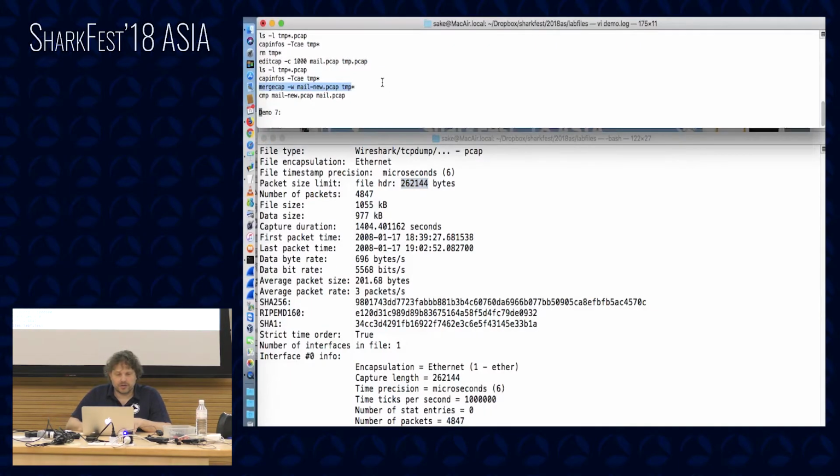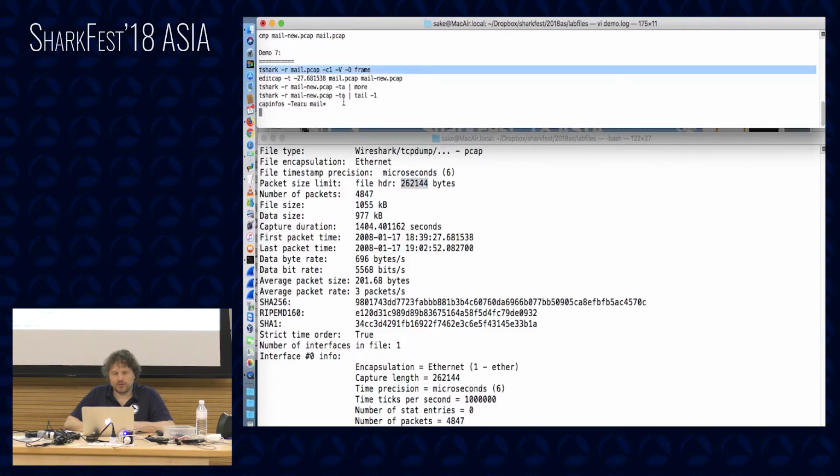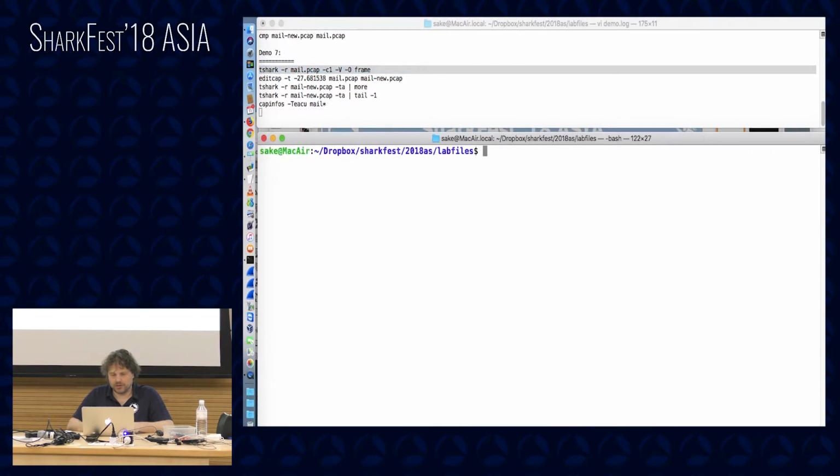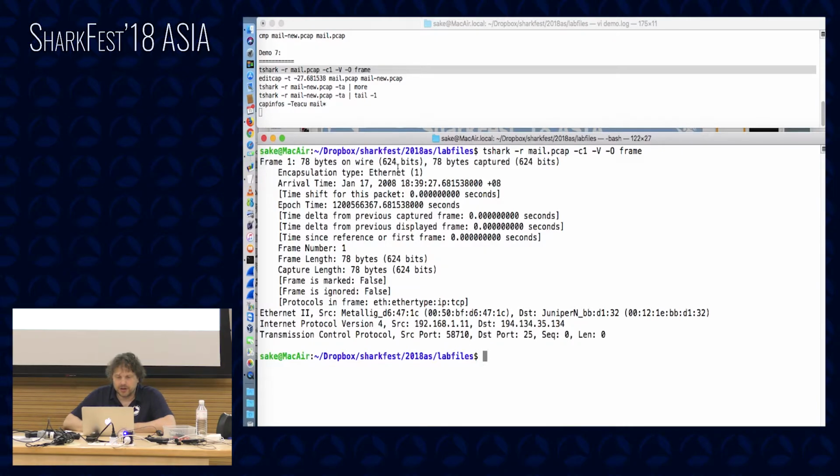So let's first get an overview of the timestamp of the first packet. As you can see, I just selected one packet, whole protocol tree, but only for the frame